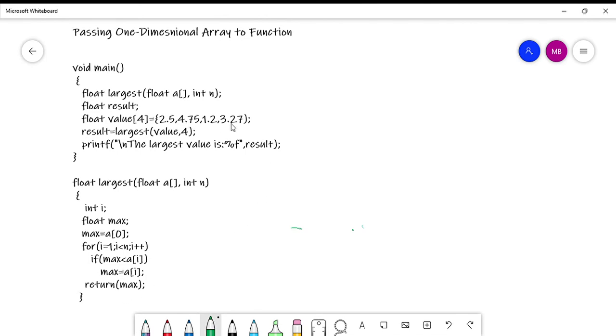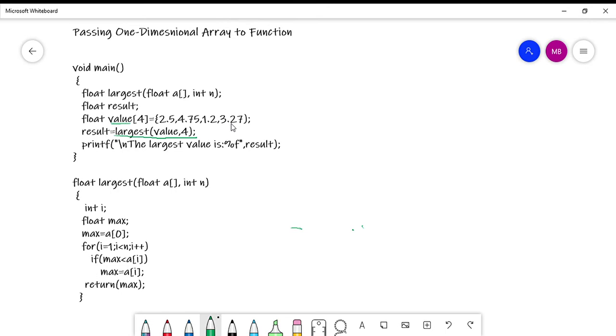Now when the function call is made, here you can see this function call, the values of all the elements of this particular array, all the elements of the array named value, are passed to the called function as arguments.